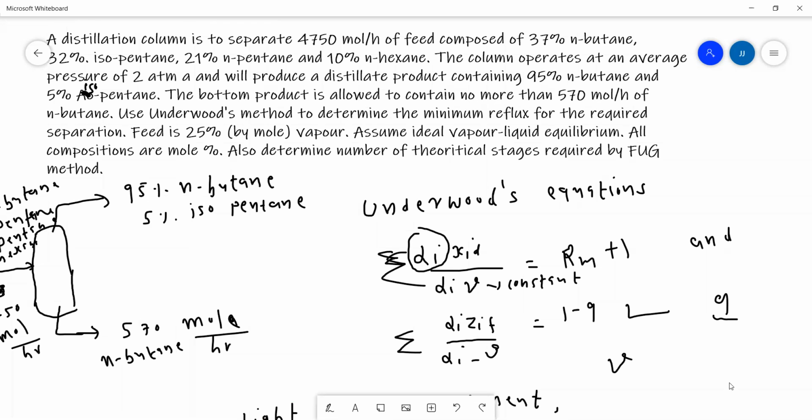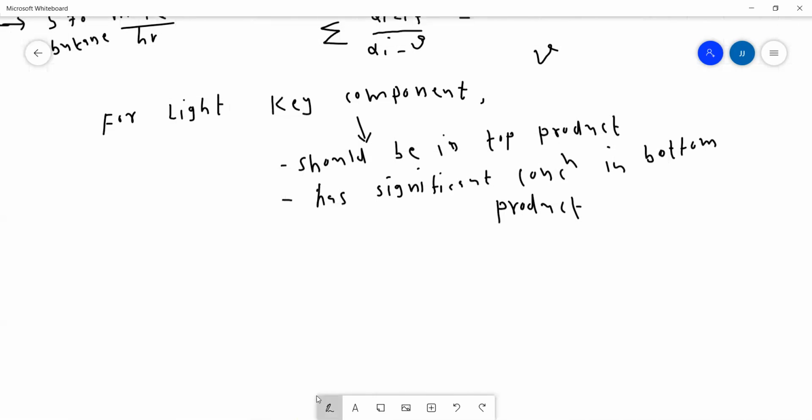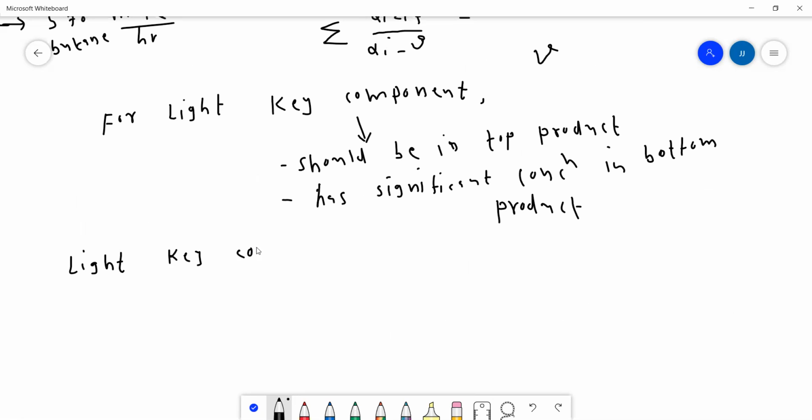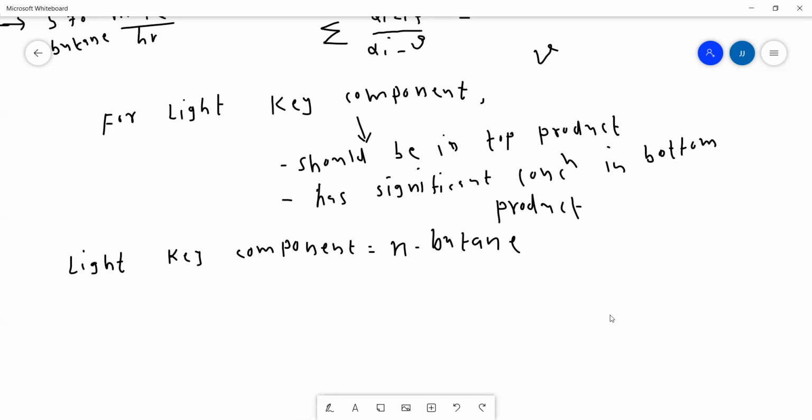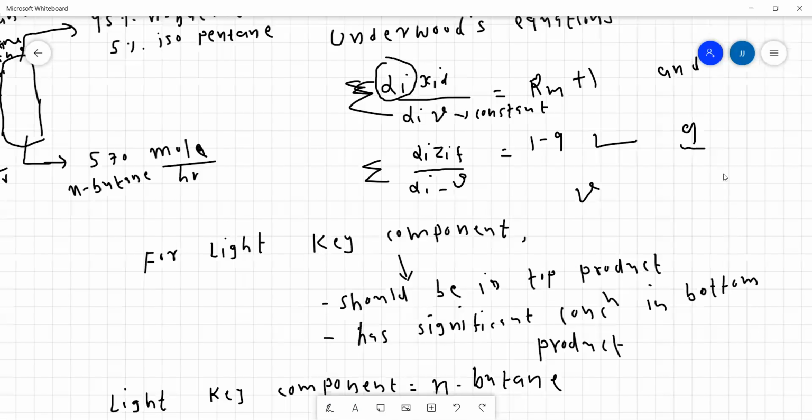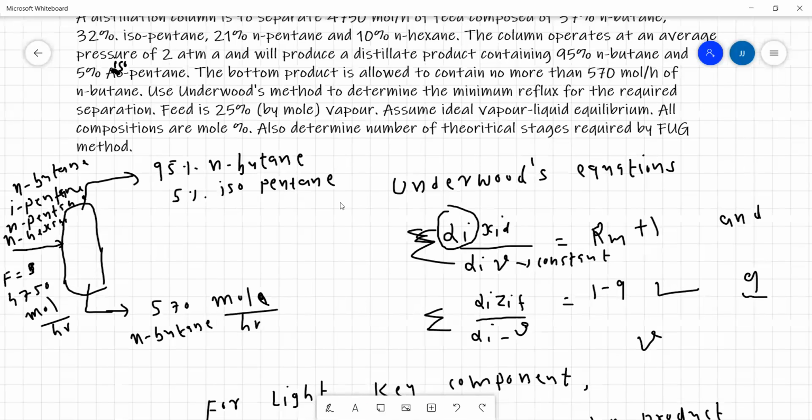So let's say N-butane is the light key component. For the heavy key component, we cannot take